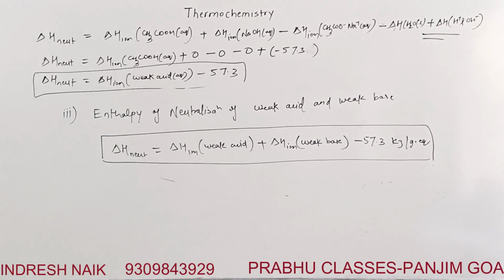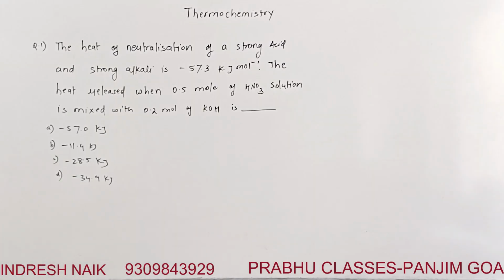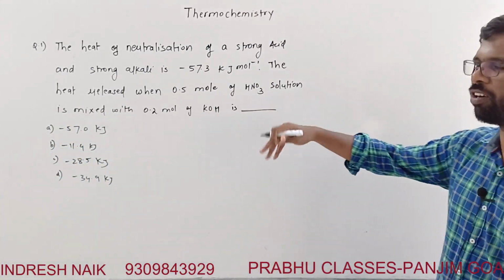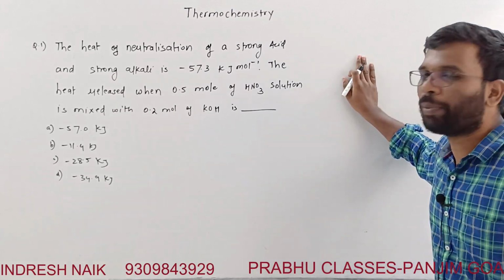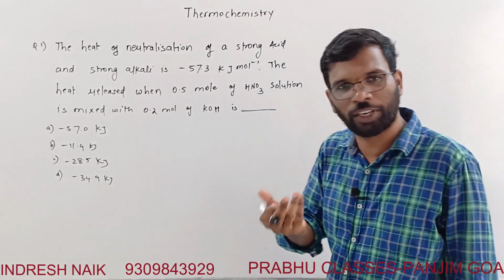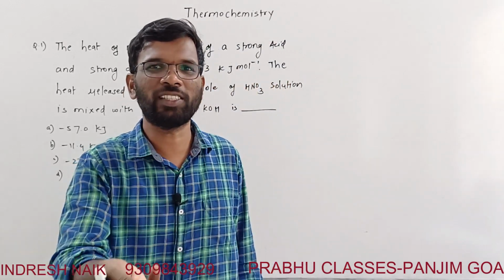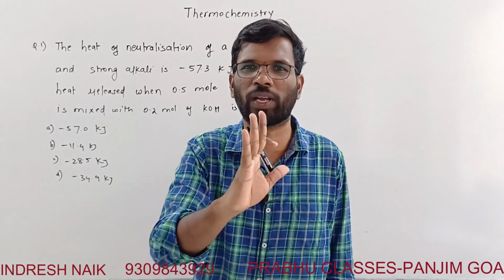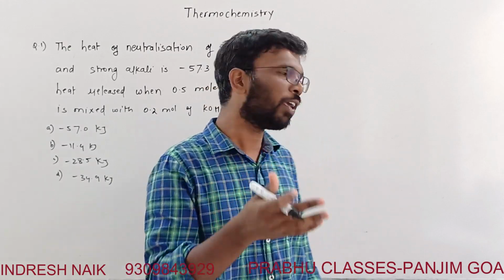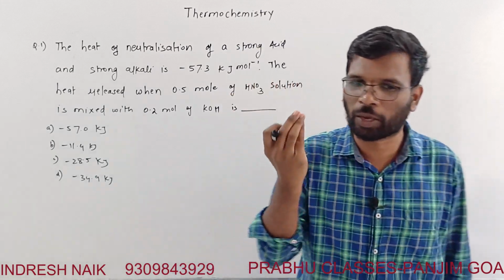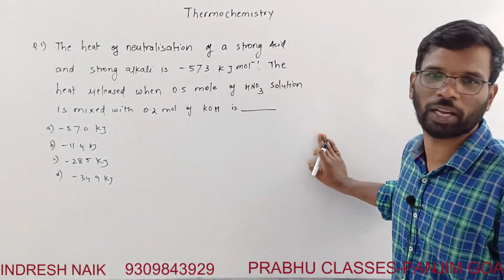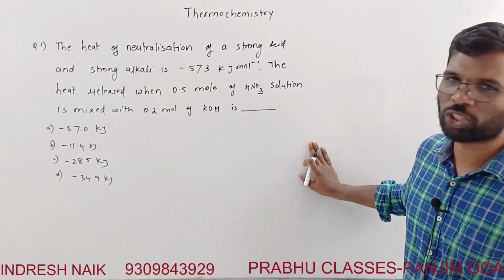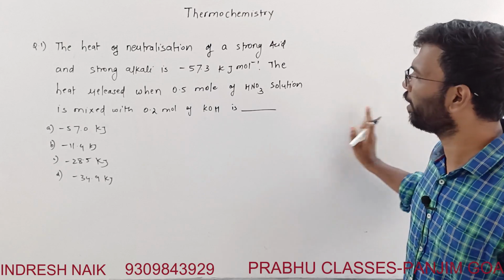We'll solve one problem. Here, this is a nice problem which will help you to understand the meaning of equivalence actually. Application of the equivalents, because that is where the definition of the enthalpy of neutralization stands. It says it is the heat released when 1 gram equivalent of acid combines with 1 gram equivalent of a base, right? If you read this problem, give a try and you can tell me your answer. You can comment in the comment section. So pause the video for some time and you can do that. Okay, done. We'll start with this.